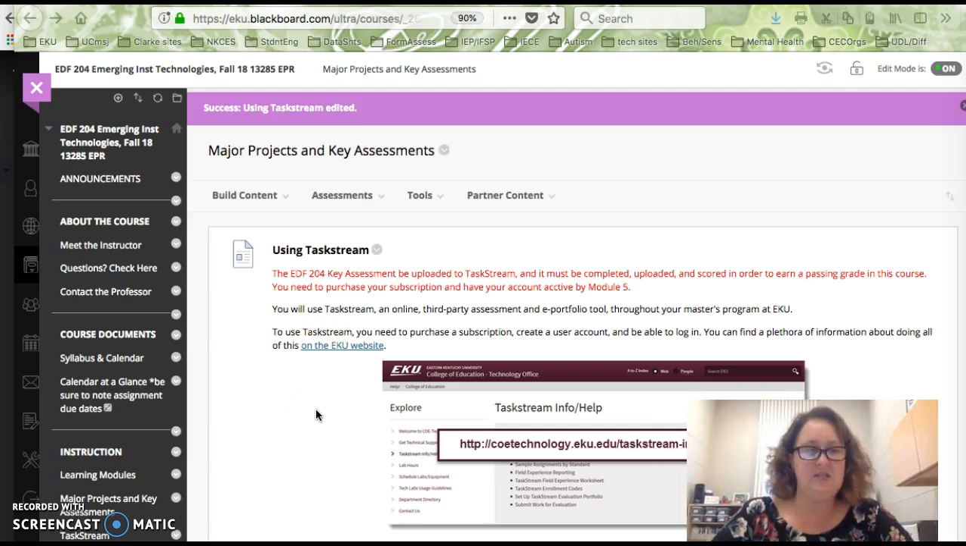So for the Key Assessment, to find information, you're going to be in your EDF 204 class and you'll need to go to the section that says Major Projects and Key Assessments. For the Key Assessment, which is required to be completed and to earn a passing rubric score in order to be eligible to earn a passing grade in the class, you will upload your key assessment both in Blackboard and